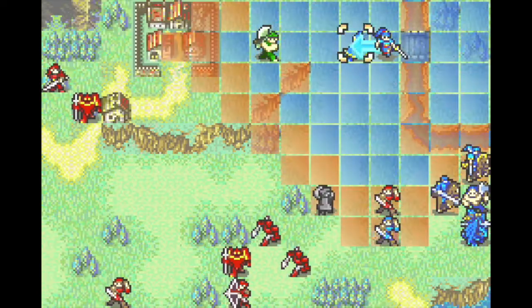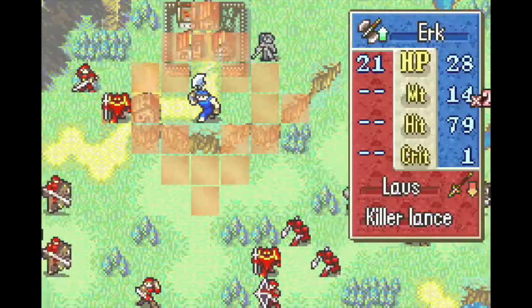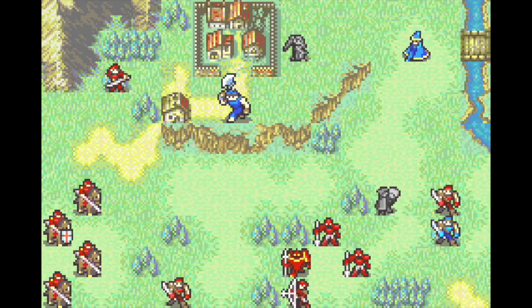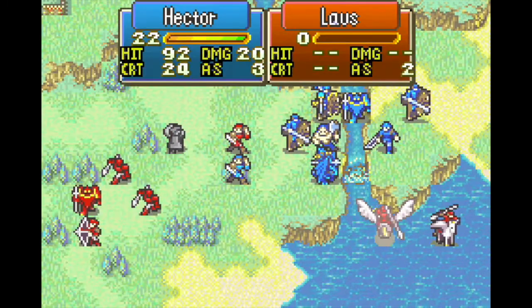Sarah grabs Erk, who is now a fighter instead of a mage. However, he doesn't let that stop him from one-rounding this Armor Knight with ease. Erk has comparable stats to Rebecca, except he has twice as much strength, 12 compared to 6. He's going to be absolutely critical this map thanks to his good starting position, his good strength, and the power